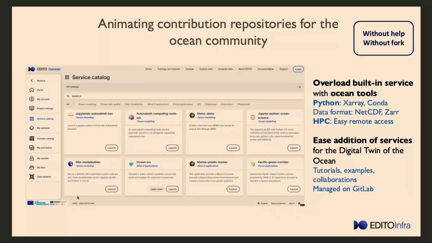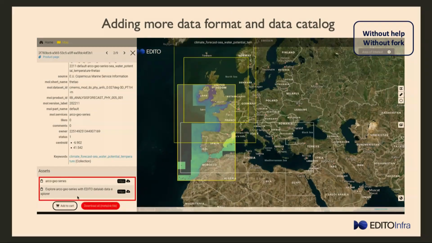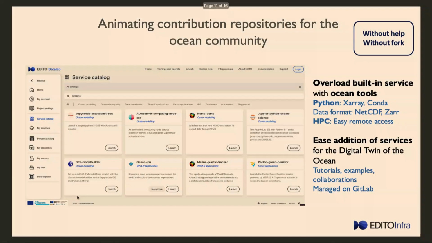Then we were able to do that, of course, without the help, because it was easy to do. Then we were trying to do something else. We want to add more services, our own custom services. So that's services like Jupyter and RStudio, VS Code, but that embed some Python libraries that are really popular in our field, such as Xarray, Conda, library to manage our data formats that are NetCDF or Zarr. And we were able to do that quite easily